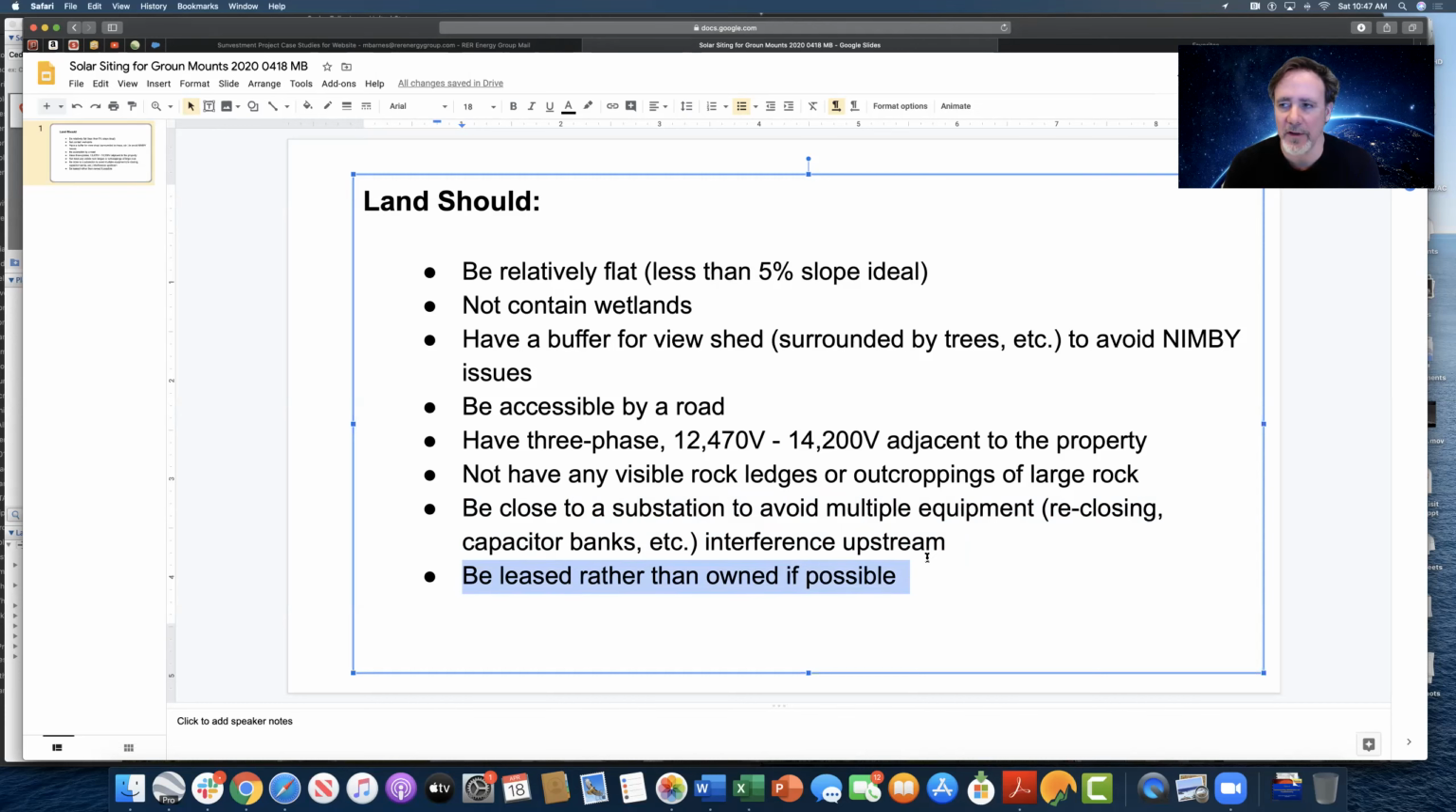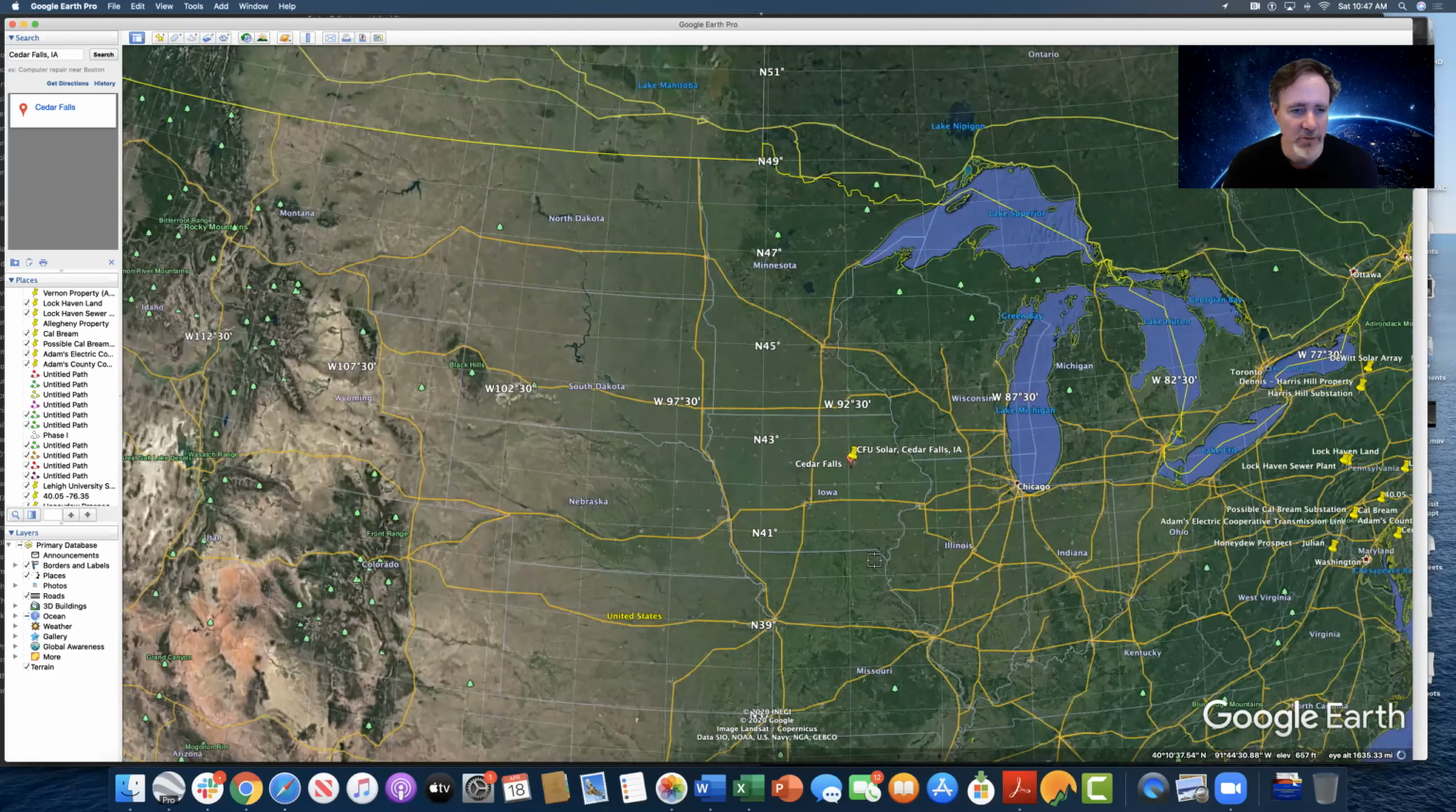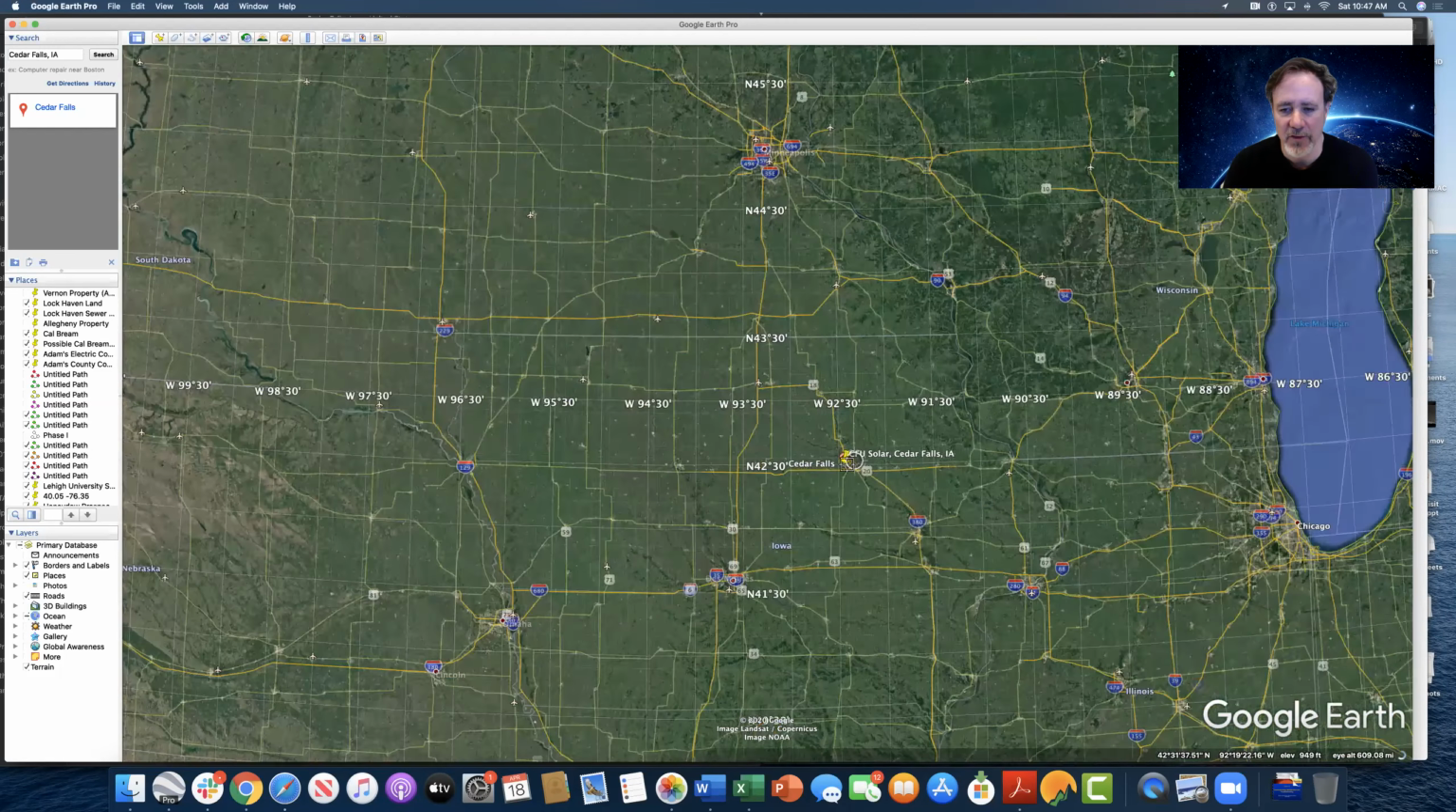Let's go for a second to Google Earth here, and I've zoomed in on a project that we constructed. This is in Iowa. Let me zoom out here so you can get the lay of the land. This one's right in the Midwest for Cedar Falls Utilities. And what's unique about this particular visual from Google Earth is that